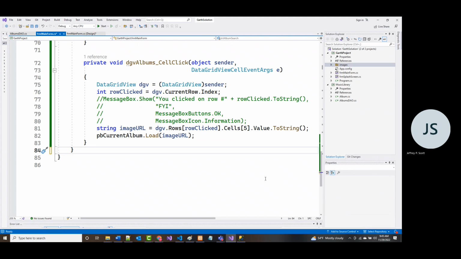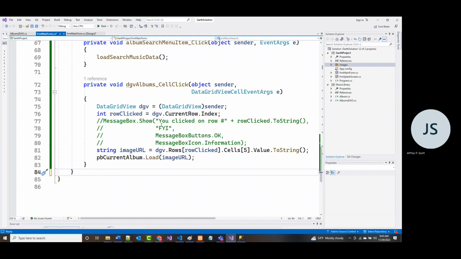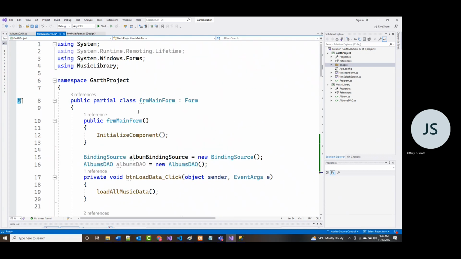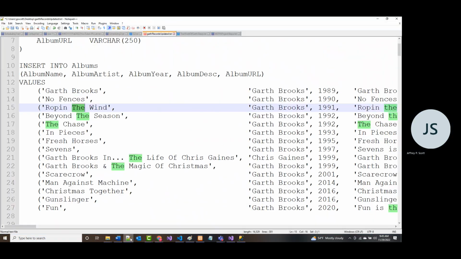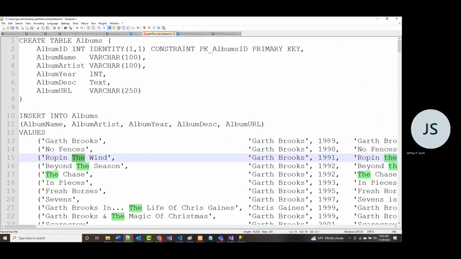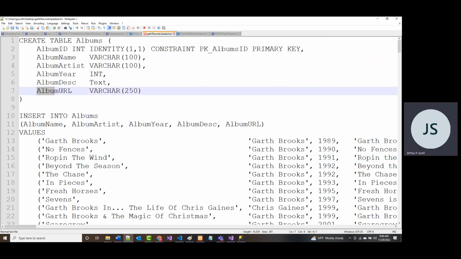All right. It is letting me know the right row. And as far as what's in there, looking at my data from before, yeah, that's 5. We start at 0.